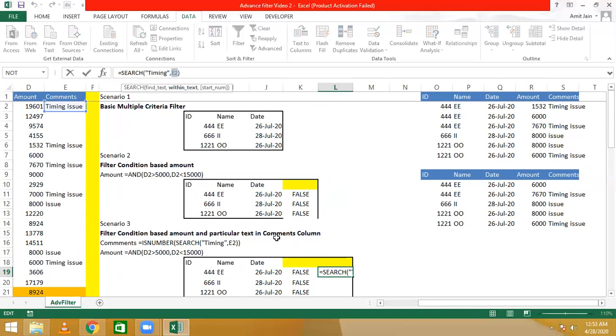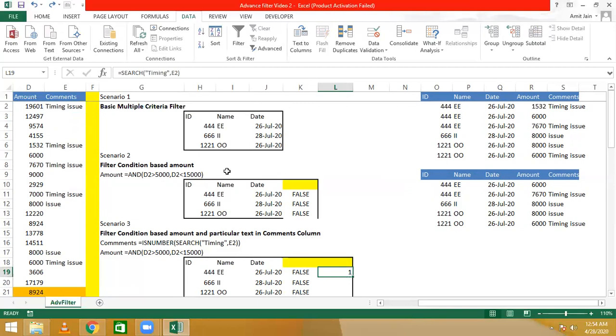within the text cell, then you get the output as a number. Otherwise the search and find functions will throw an error. Like if I remove it, you will get an error, or if I put any other text, you will still get the error. But if the text is found within the cell, then you will get the output in number format like this.